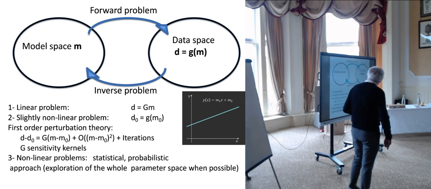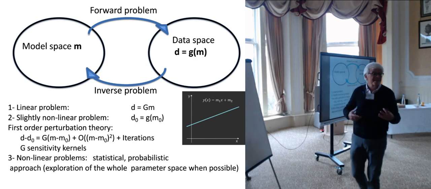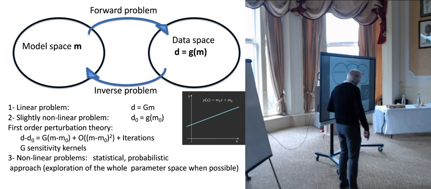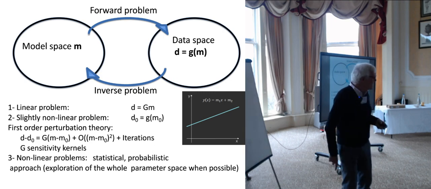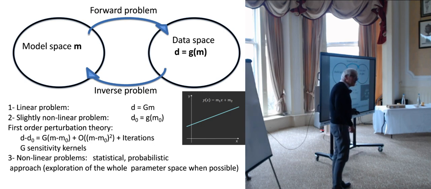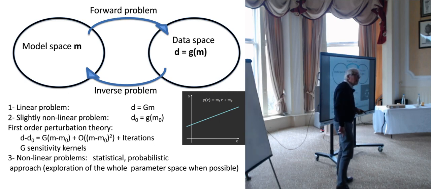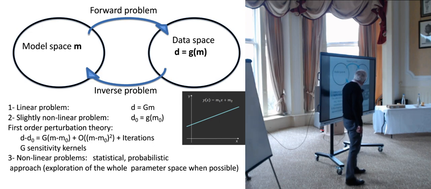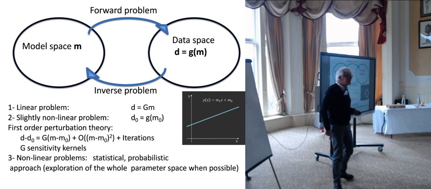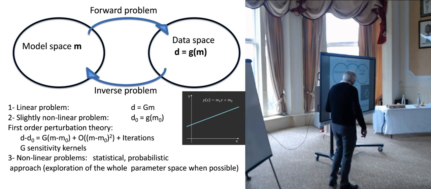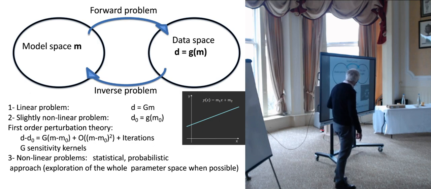We have slightly nonlinear problems, where we have a simple variation of data with parameters, but it's not linear, it's quasi-linear, and we can apply classical techniques of first-order perturbation theory, for example, and we start from a starting model. It might be the a priori model M0, from which we can calculate synthetic data, D0, and we apply a whole mathematical tool of inversion where we calculate the sensitivity kernels, and by inverting the sensitivity kernels